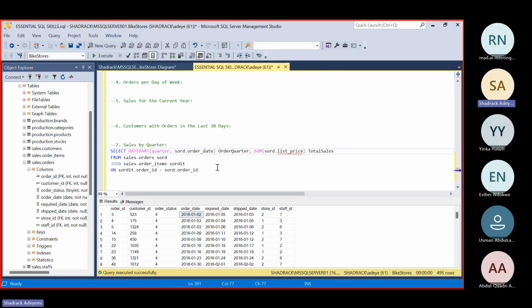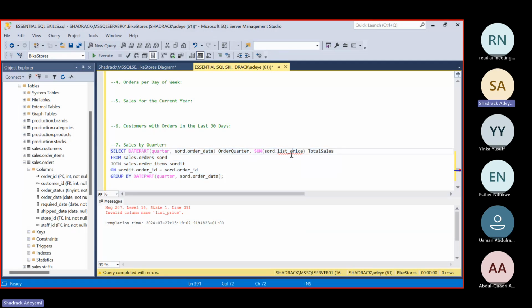So I'm going to be renaming this as total sales. Now, I'm going to be grouping this because I already called an aggregate function. So I'm going to be grouping this by this. So this should answer that question.